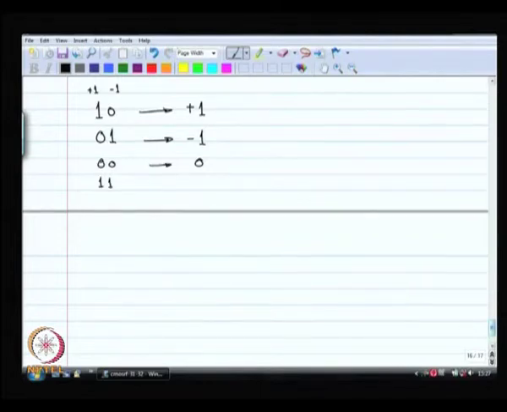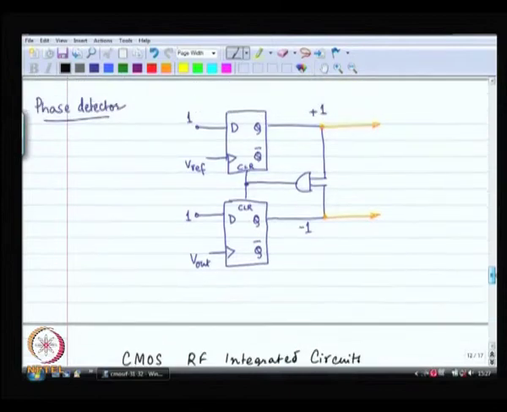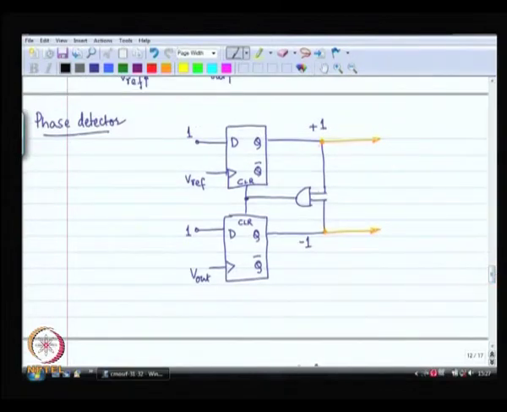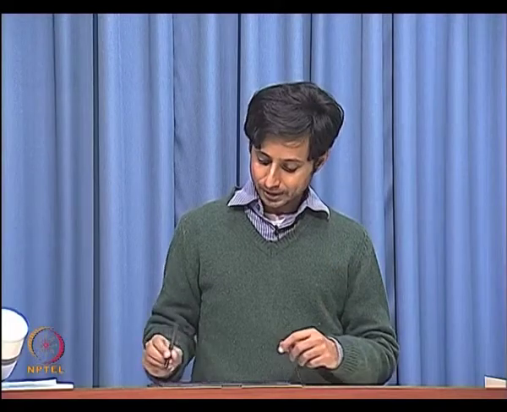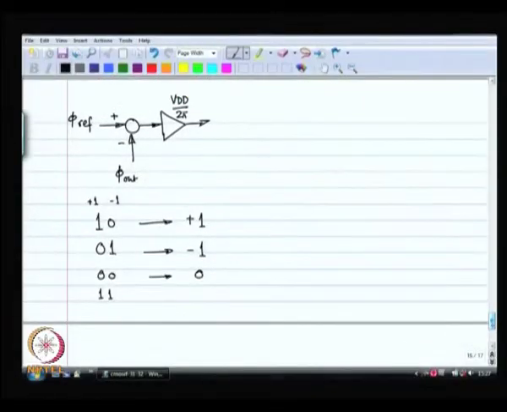a very short duration. If you notice over here, for a very short duration, both the outputs are 1. As soon as both the outputs are 1, the AND gate output becomes equal to 1, and the clear is activated. So, this delay, the delay of the AND gate and the delay of the clear operation taking effect, that total delay, for that duration 1 1 will also be true, okay? And 1 1 really means a 0 as far as we are concerned, and plus 1 minus 1 is equal to 0,